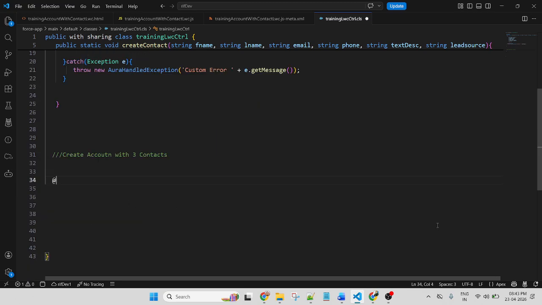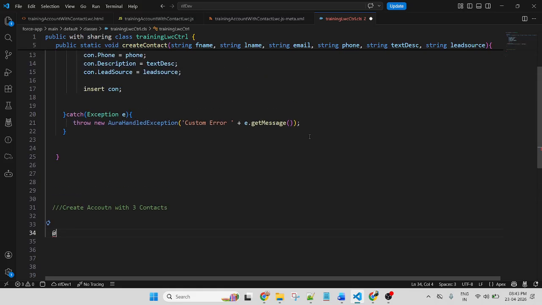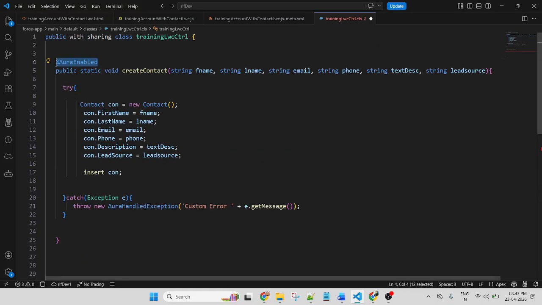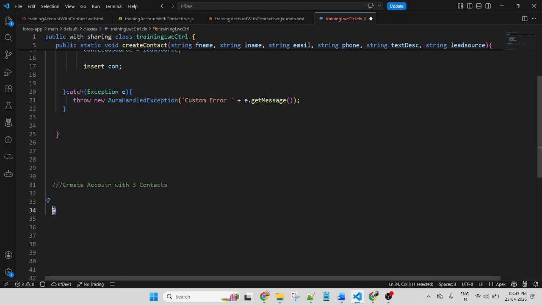Now first of all, public static void, name of the controller, create the name of the method: createAccountWithContext.